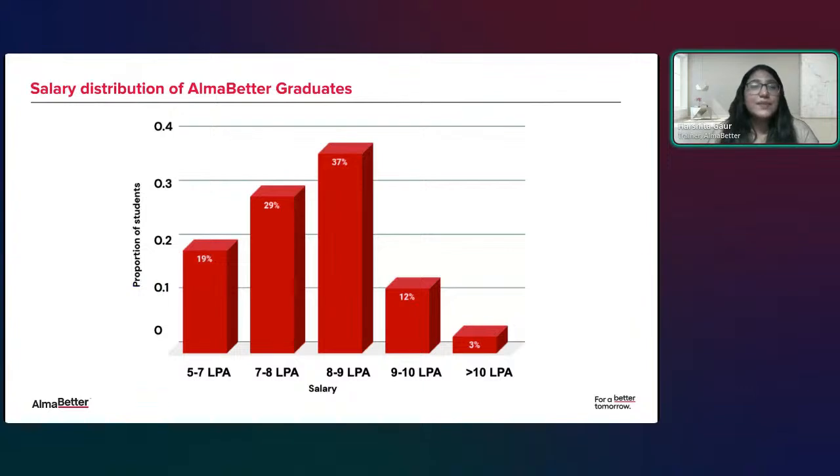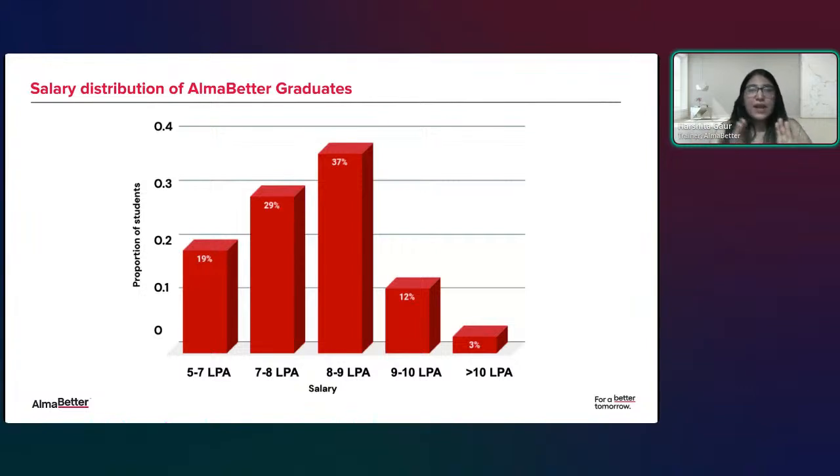So this is basically a salary distribution, showing how much package students are usually getting. This is for the certification program we are offering in full stack web development. So students who are coming to our platform, who are completely freshers, who do not have any experience, who have recently graduated, the minimum package we offer is 5 LPA, and the average package goes around 8 to 9 LPA right now for the certification.